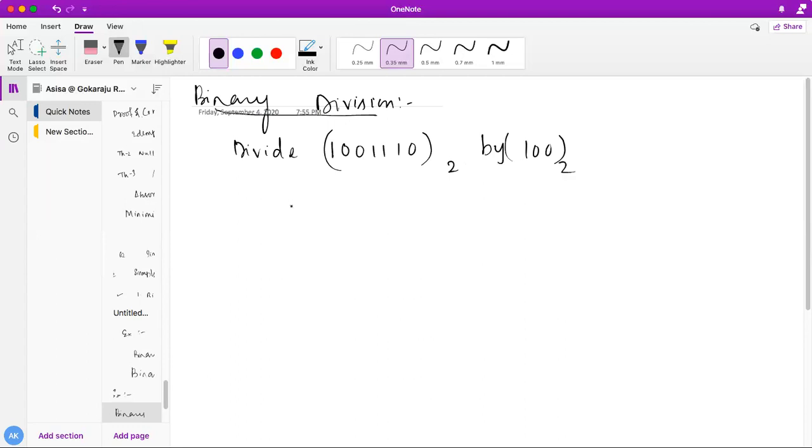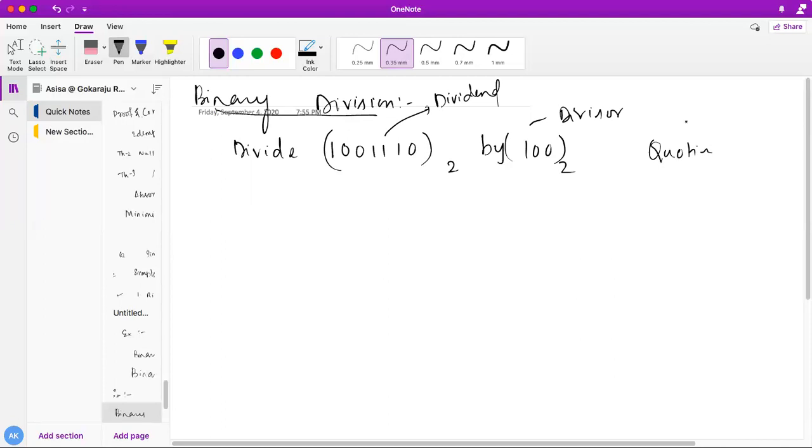Okay, so what you need to do is very simple. In order to divide, this will be your dividend, and this is your divisor. So you are expecting what actually? You are expecting a quotient and a certain remainder, or the remainder would be 0, or whatever may be. Okay, we'll see over here how we can divide it. 1 0 0 1 1 1 0 is the dividend. I'm just dividing with the divisor, which is 100.